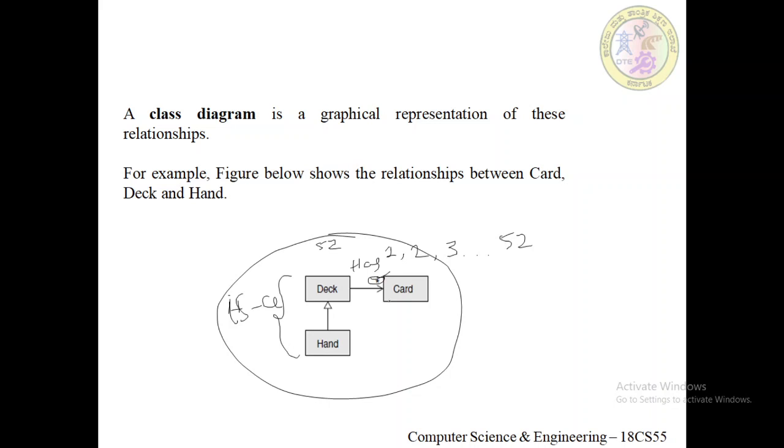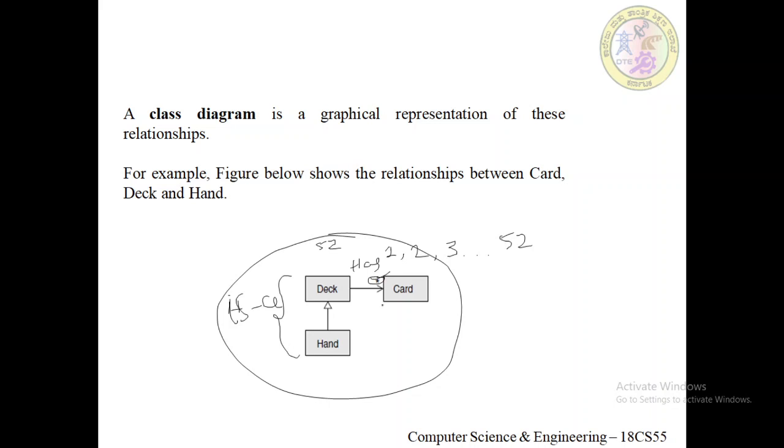So this is on the graphical representation. When you have this graphical representation, it is easy for you to understand the relationship between the classes. And if you have the dependencies, you can specify them. Otherwise, if you have more dependencies, it is always a good practice not to specify those dependencies.